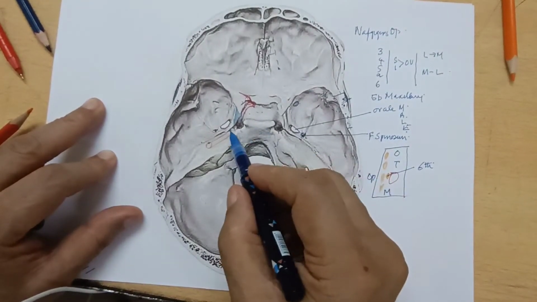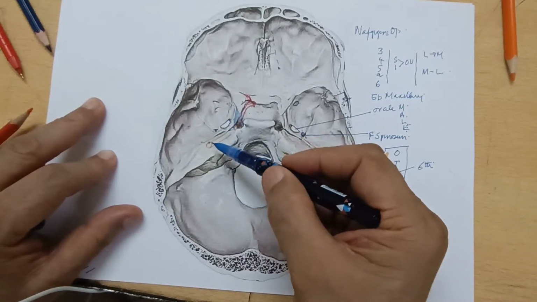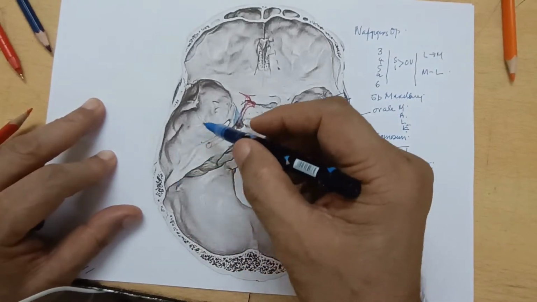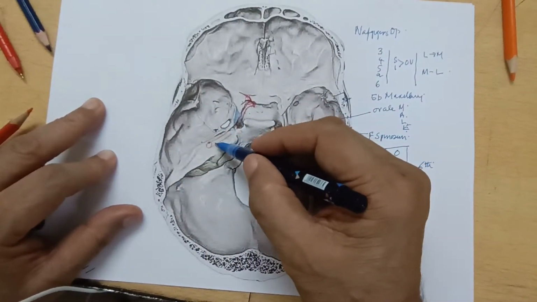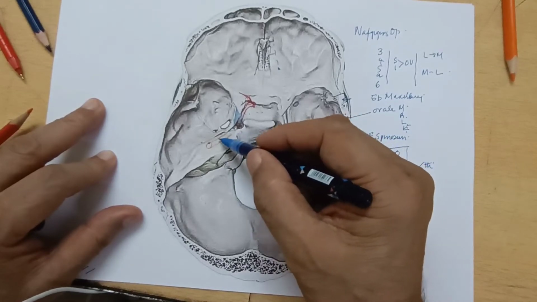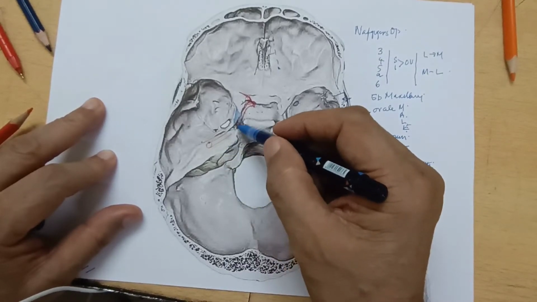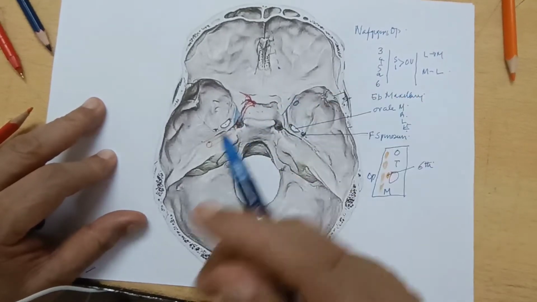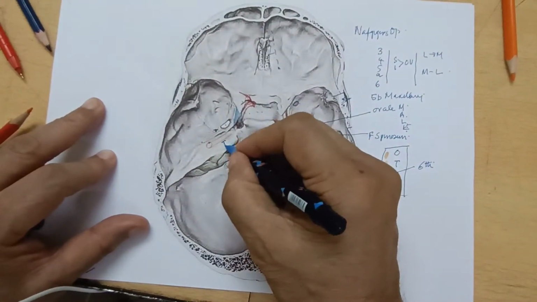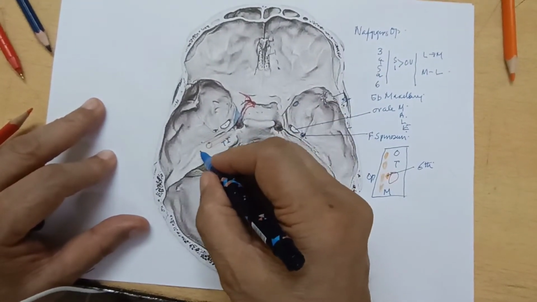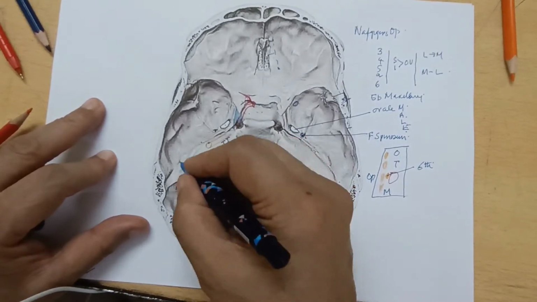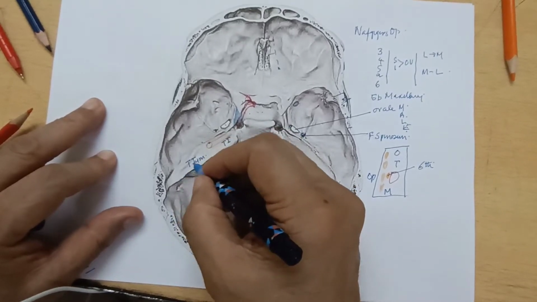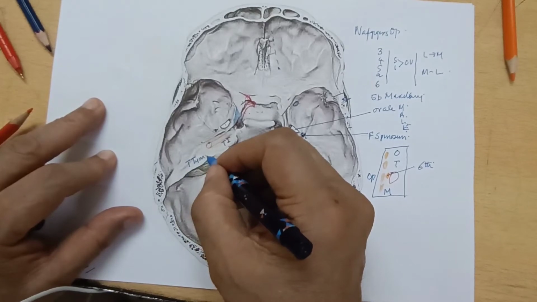So then this middle cranial fossa slopes upwards up to the edge of the petrous temporal bone. As it slopes upward, in this area lies the trigeminal ganglion, which gives the ophthalmic, the maxillary through foramen rotundum, and mandibular through the foramen ovale. So this is the trigeminal impression. Then you have a triangular area here, which is called tegmen tympani. This overlies the mastoid air cells of the ear.